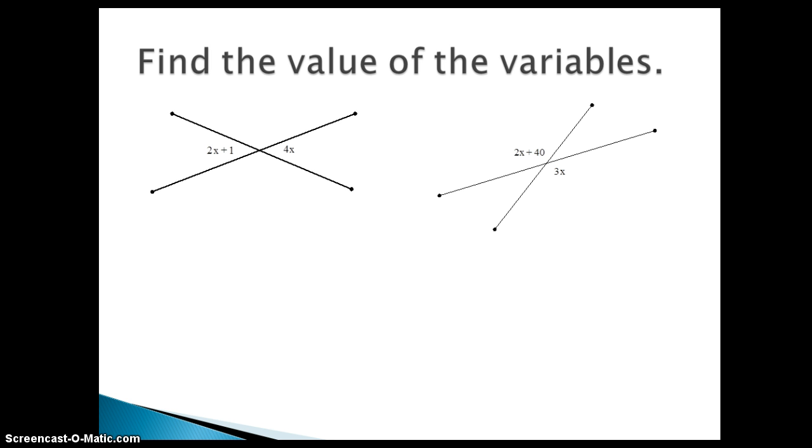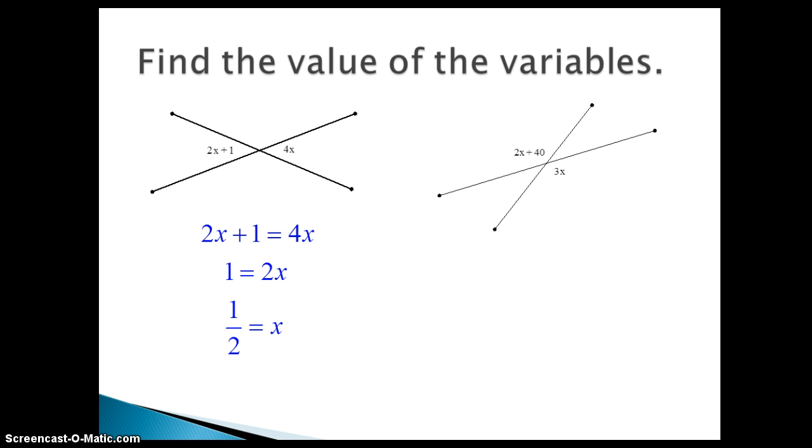So using what we know, let's find the values of the variables. If we look at this first set, 2x plus 1 and 4x, well, those are vertical angles, and we know vertical angles are congruent. So if we set those two expressions equal to each other and solve, we get x